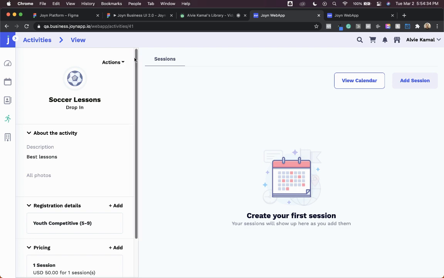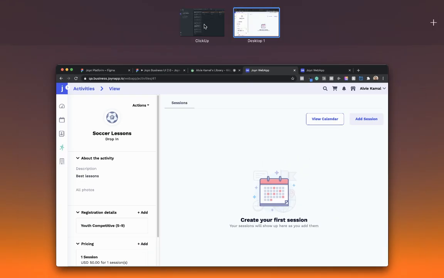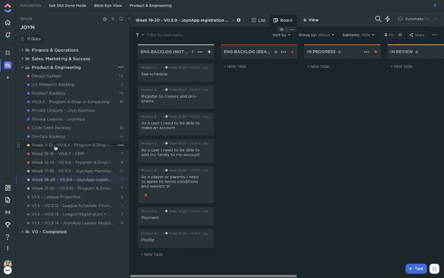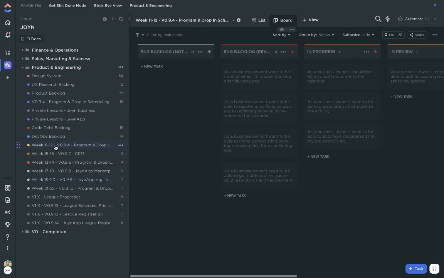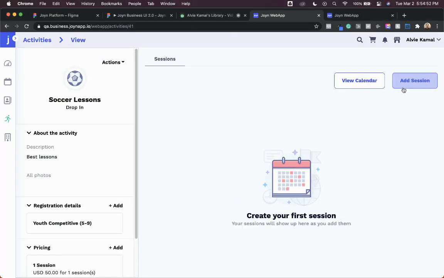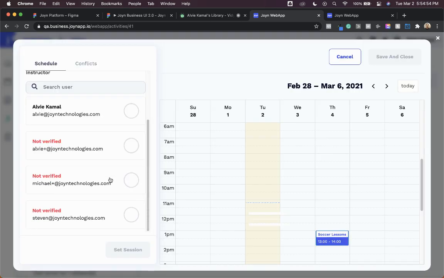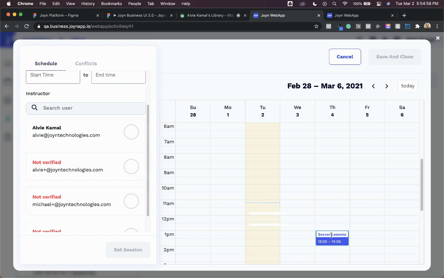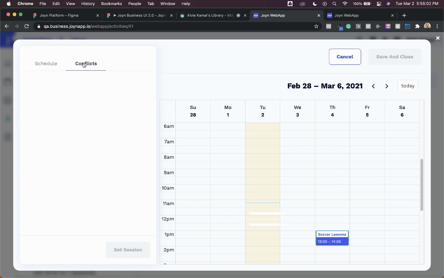Now, this week is going to be a pretty big week in the sense that we are going to be talking about. Let's open this up. Yes, conflicts. So there's going to be two scenarios that I'd like to discuss this week. The first one in relation to conflicts, which is when we're adding a session, right? And let's say there's a conflict that has happened. How do you guys